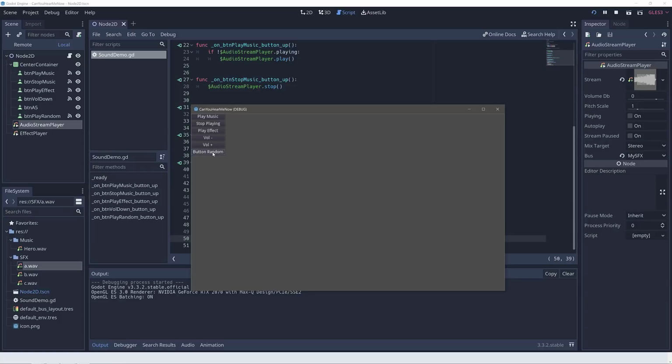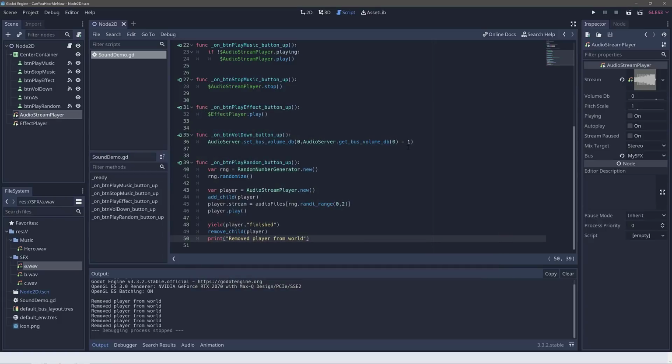All right, we have a number of different sound effects playing there. And by the way, we can also play our music at the same time. And then you're seeing as the players end, as the song ends, we get rid of it. Now, if you're working in your own environment and you want to create this dynamic kind of object pool,